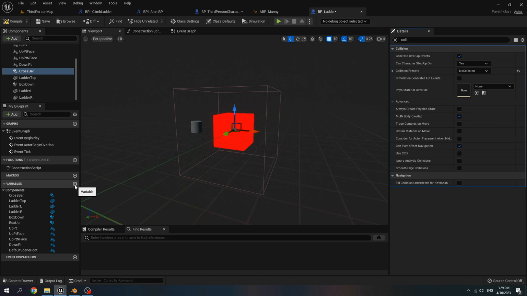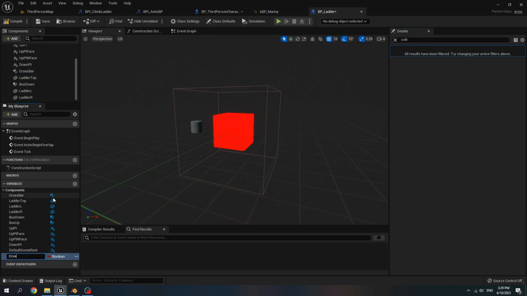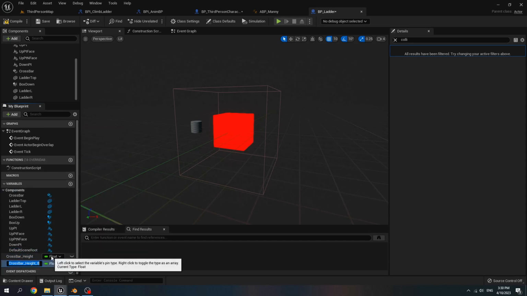Then add new variable, name it crossbar height. Set variable type to float. Duplicate this variable, name it crossbar horizon. Add new variable, name it temp height.